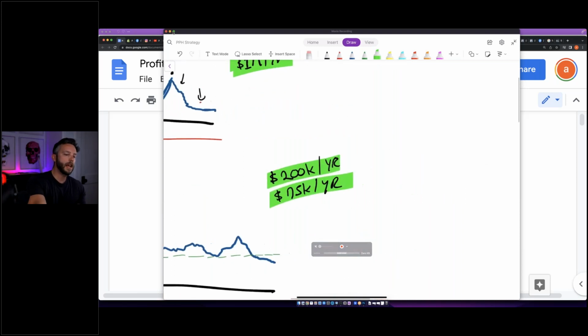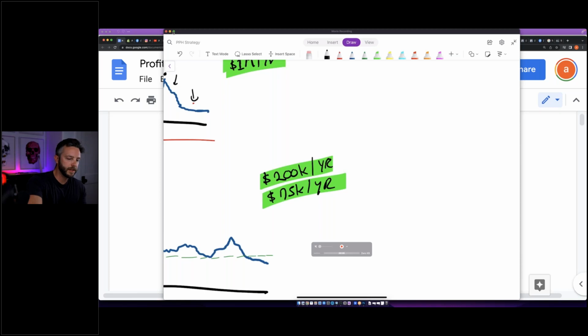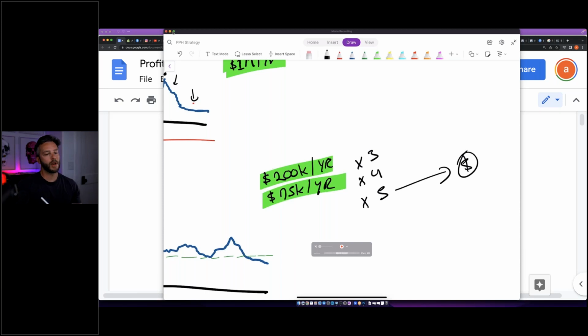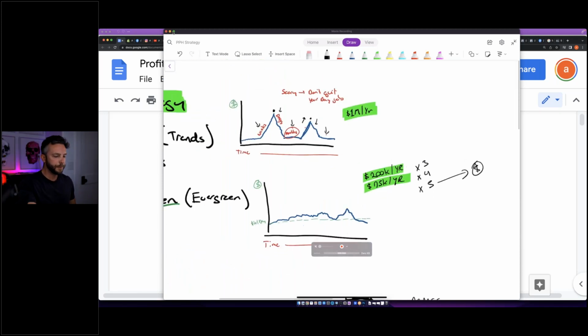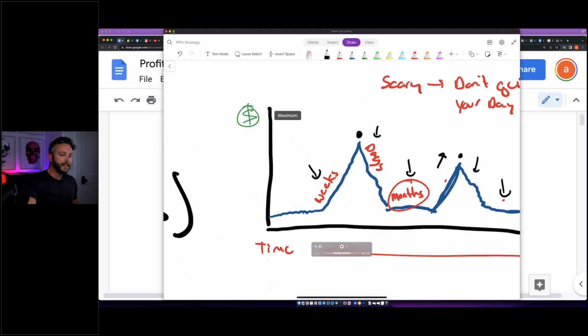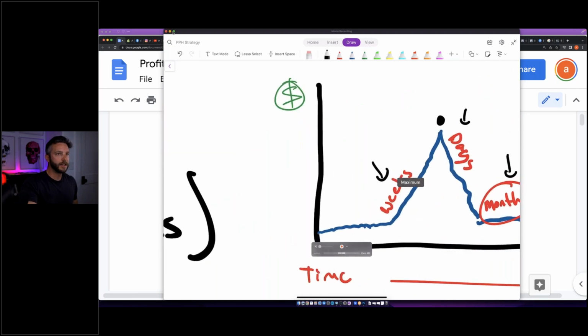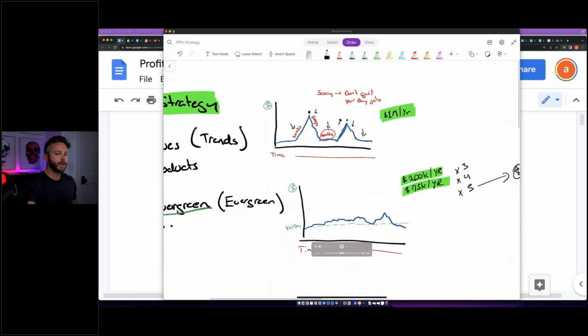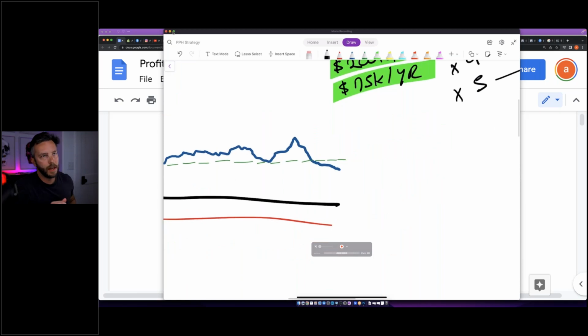But what if you were able to multiply this times 3 or times 4 or times 5 and beyond? You'd be able to generate more money. So this is where a lot of people fall off: they want to ride these big waves, and a product that can only generate 75 grand a year for them isn't really appetizing. $500 a day isn't exciting.